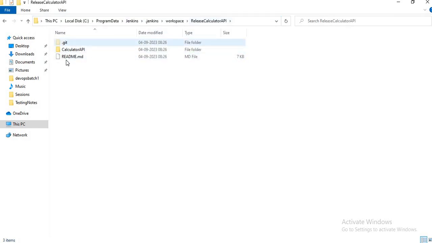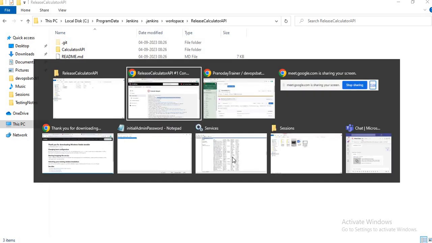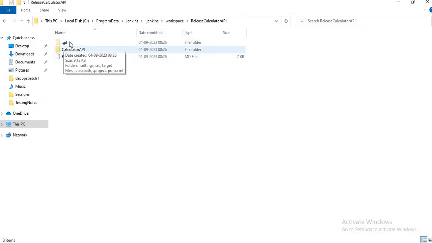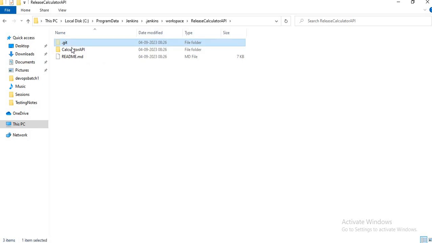Correct. So here we are, and what it says is, it tried executing our Maven goal. I'll show you what happened actually. So our Git repository got cloned here. You can see in this we have our .git folder and we have our project.